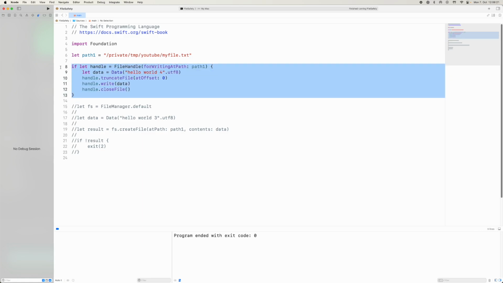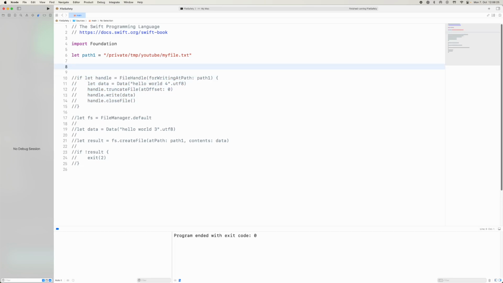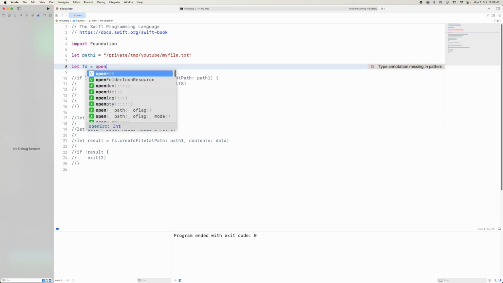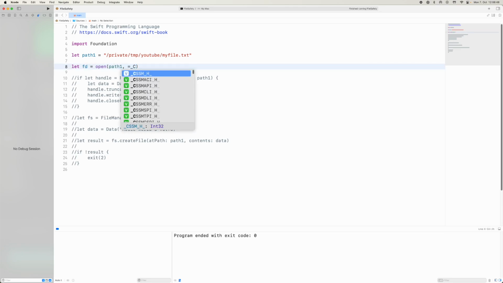So the next way to go down another level as well is to use the C functions basically inside of Swift. So with the file handle, we just gave it a path, but what this is doing is getting a file descriptor, and opening and reading and writing to a file descriptor. So here we just say open, all right? And we come here and we say the path is path 1, and now we have to give the types of flags that we want to use. And here we're going to say,